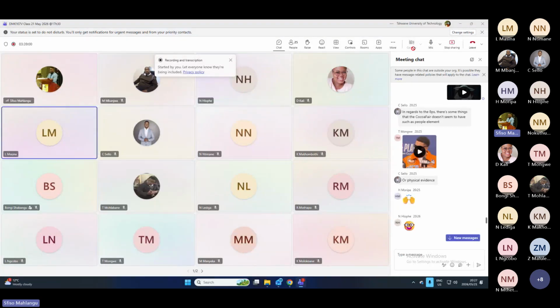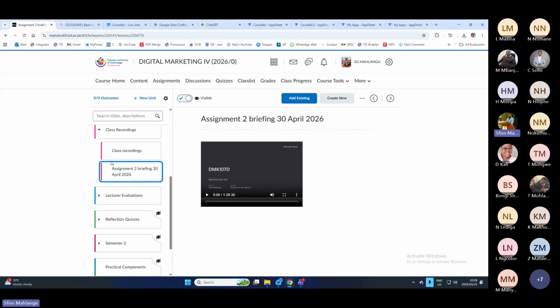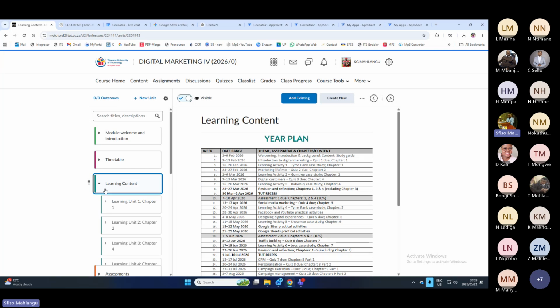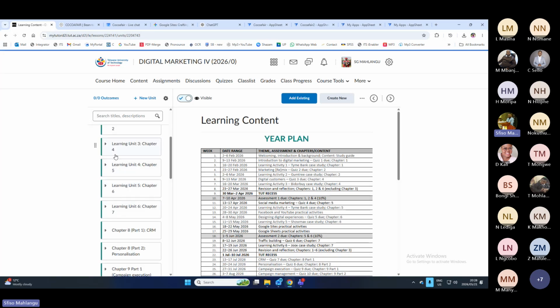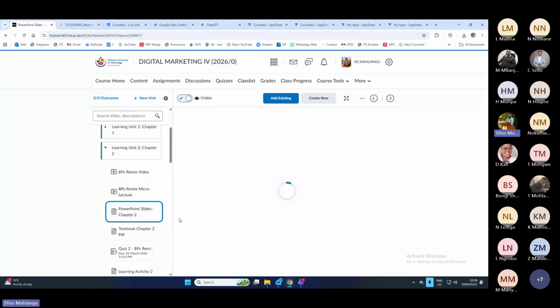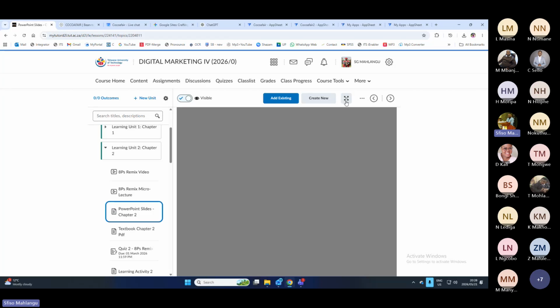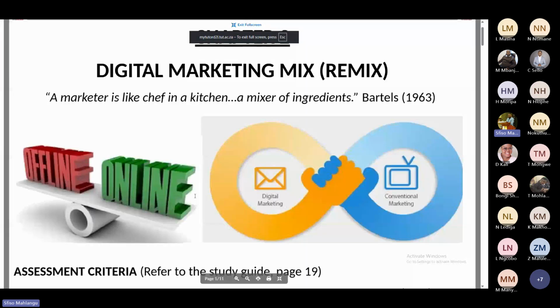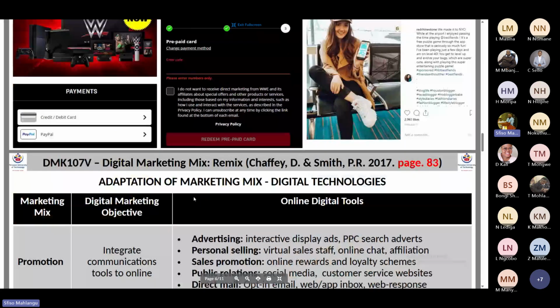They are there. Let me show you after reading your text in the chat box. For example, you are saying there are some things the website doesn't seem to have, such as the people element. I want you to understand what the people element is. If you go to the web, to MyTutor, and go to the learning content, you are talking about chapter 2, and I'm on the slides. In this case, everything is there. I can guarantee you,